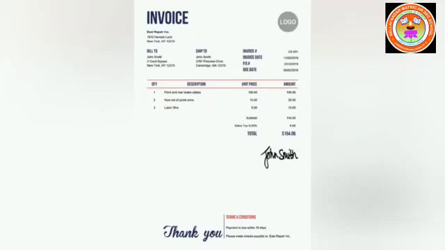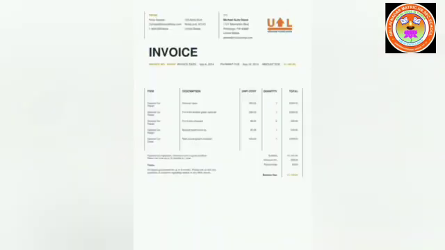Invoice. Invoice is used for credit purchases and credit sales. The date, amount, and details of credit purchases and credit sales are given in the invoices. Invoice is generally prepared by the seller in 3 copies. The first copy is given to the purchaser. The second copy is sent along with the goods for checking, and the third is retained by the seller and used as the source document for recording the transaction.